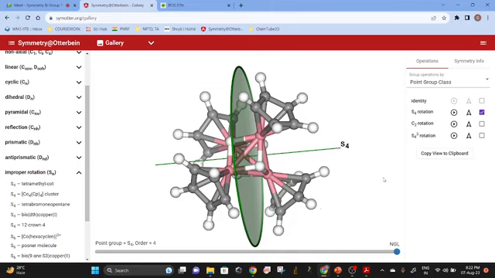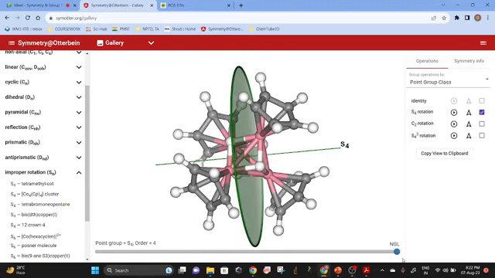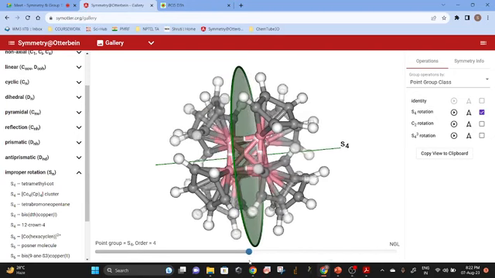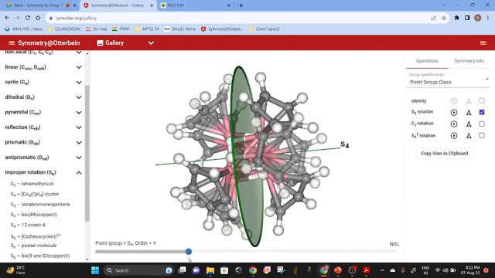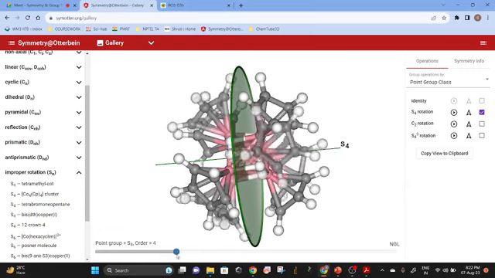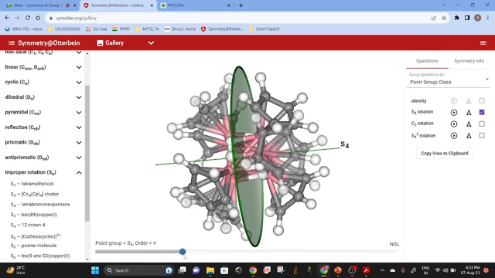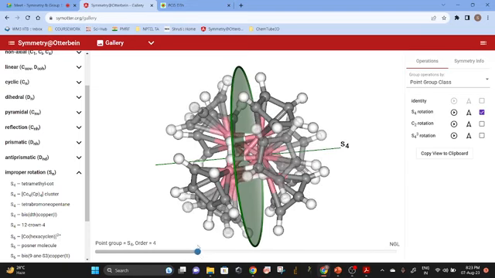There is no C4. There is C2 and S4. If C4 had been there, then only one operation would be possible out of two, the S4, right? The molecule will stop at this point. If I apply C4, then only this much will happen, from the original position to this translucent face. So this is not equivalent. So C4 is not there.